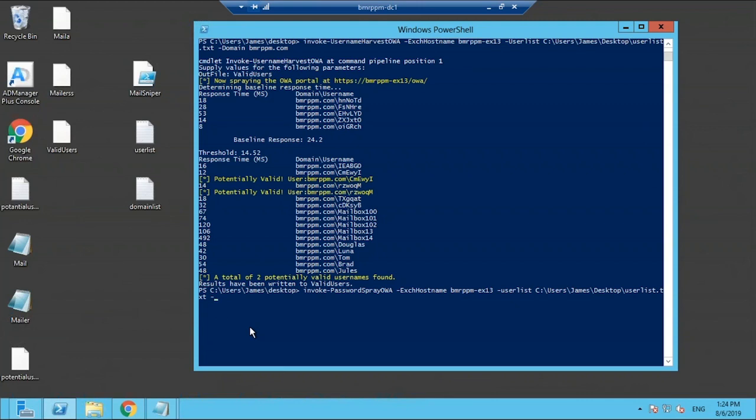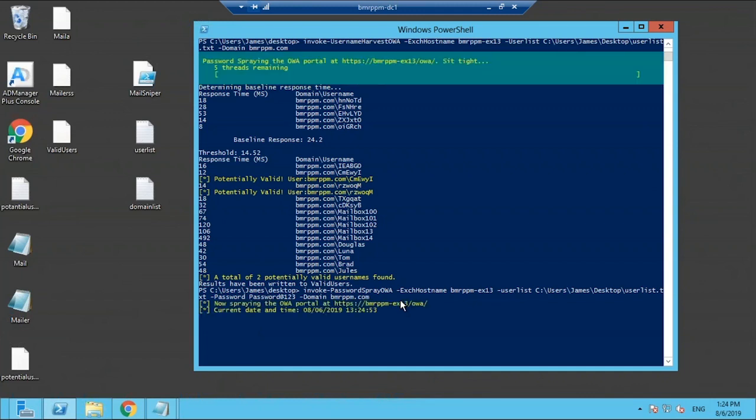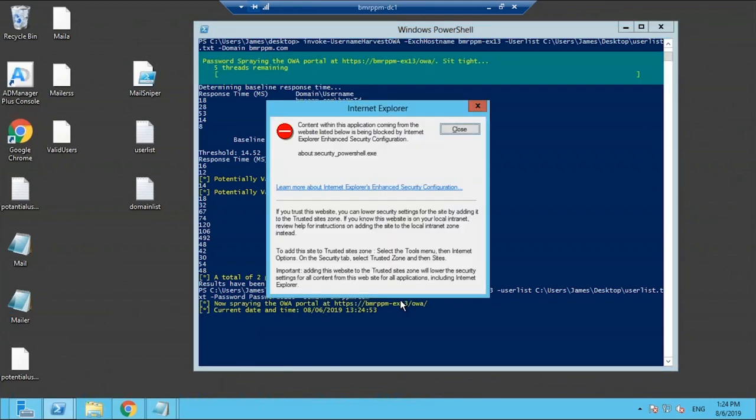let's go ahead and give in a password, right? Let's give in a common password pattern. Let's say password at 123, right? Now, once that's done, let's go ahead and give in the domain name again, which is vmrppm.com, right? So that's invoke password spray, the host name, the list of users, the password, and the name of the domain. And once I hit enter, we can see that the spray has started and Microsoft is trying to